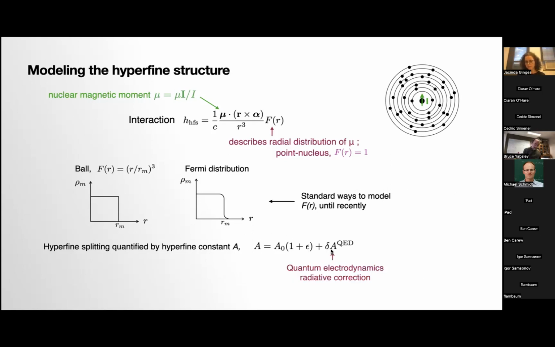And then we also need to take into account quantum electrodynamics, radiative corrections, because they enter at the level of a fraction of a percent, about the same level that the Bohr-Weisskopf correction enters. As well as that, this nuclear magnetic moment needs to enter as well on these sides. So we're looking at how we would parameterize this if we're to describe it theoretically. It's very useful, very powerful to be describing it in this form.